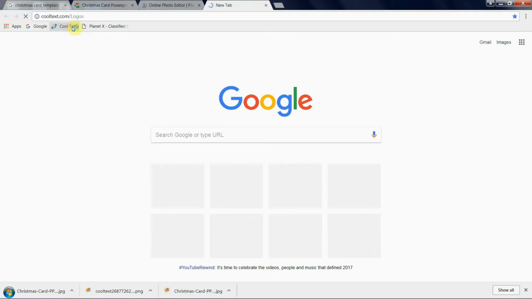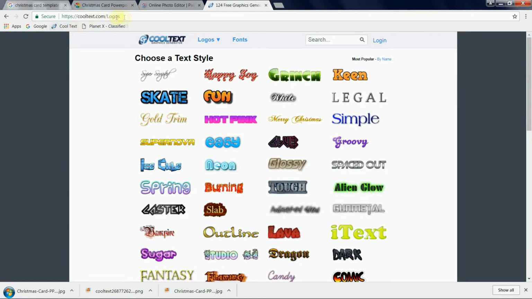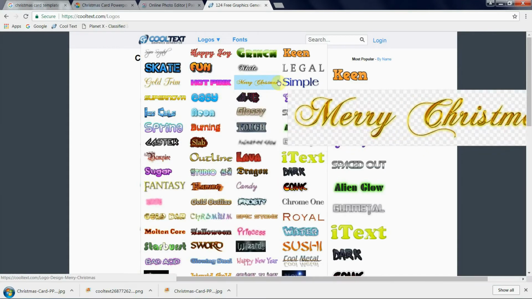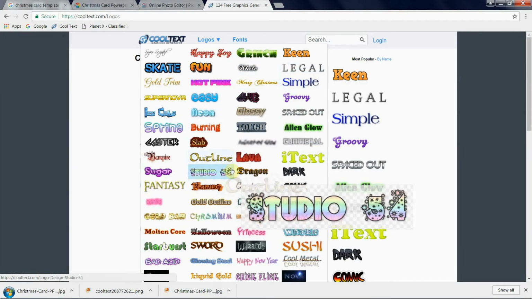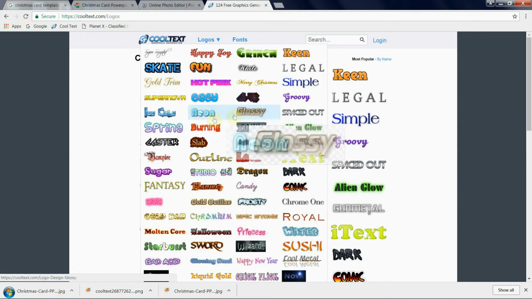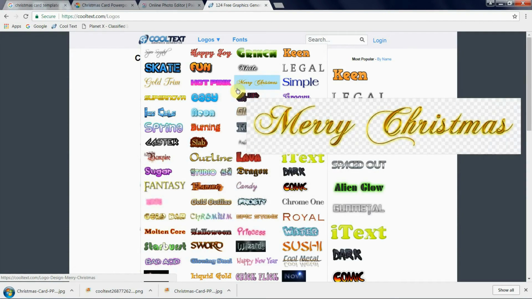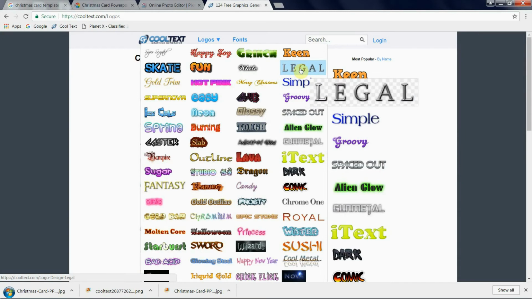I'm going to click on it, and that will take us to CoolText, which will allow us to make some nice fancy print. Now you can scroll through these, and you can probably spend hours going through here trying to figure out what this does, but this is the template that I like, this one called Legal. So I am going to click on that,